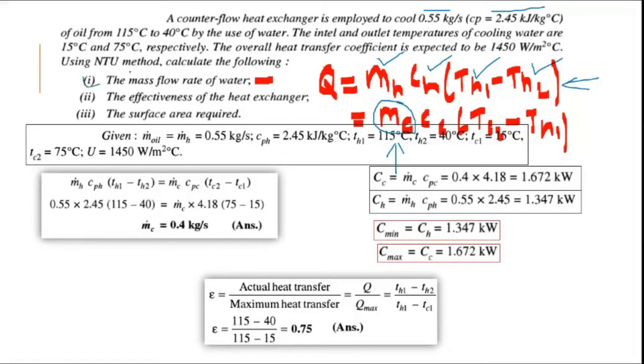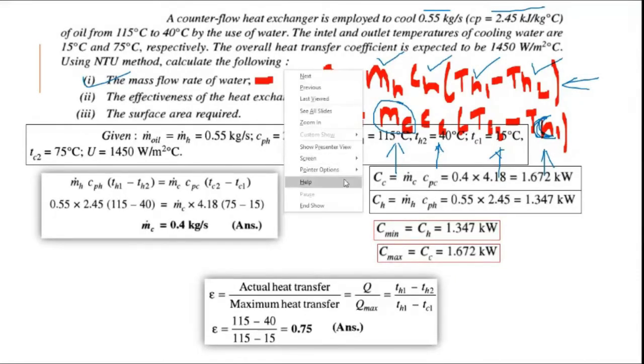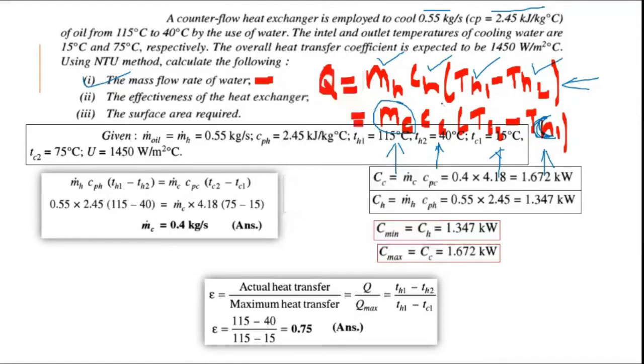That is the first part of the question. This thing has to be determined, multiplied by cC, multiplied by TC2 minus TC1. So outlet temperature and inlet temperature for water has also been given. And do we know the cC value? Has it been mentioned in the question? Have they given you a specific heat of water? No, sir. Okay, it is not given, but we know the value. And what is the value? 4.187. Yes or no? Okay. So we are going to use that cC value.